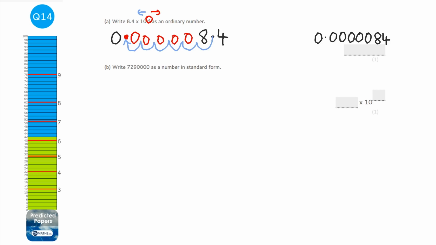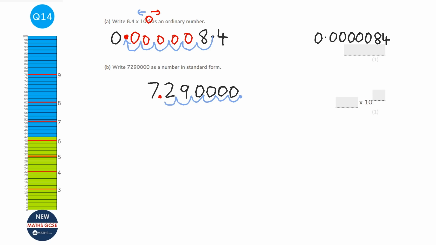Okay, to convert to standard form, you write out the number and you try and put a decimal place in to make the number between 1 and 10, but not including 10. So if I put it in here, that would be 72, so that would not be right. So I need to put it in here. Then you count how many times you had to move the decimal point to get it there. So the decimal point started at the end of the number, and we had to move it 1, 2, 3,